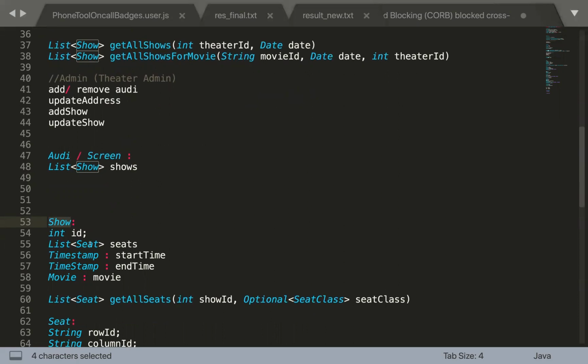Now, that was one of the arguments why we have kept the seat as part of the show. Probably the seat should be a part of the auditorium, no? Because seat is actually tied with the auditorium. But the justification for this was you book the seats for a show, right? The seats of different shows, even if they are in the same auditorium, can have different prices. And you book the tickets for a particular show. You book the seats of a show. You don't book a seat of an auditorium or a screen.